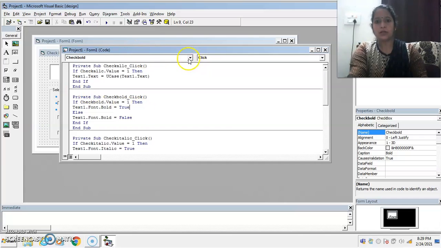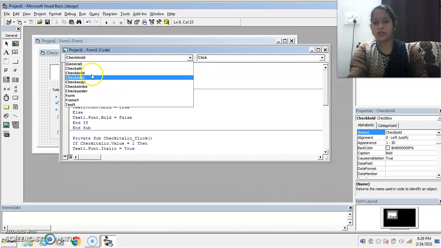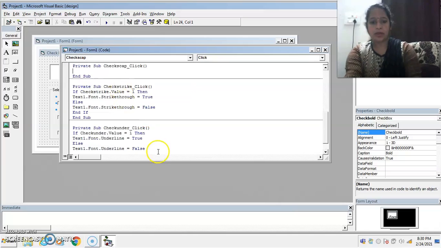Now write down the coding for the last command button, that is small cap.